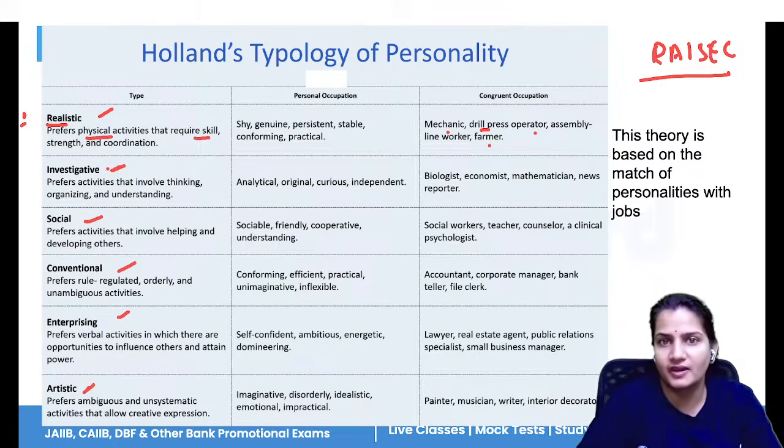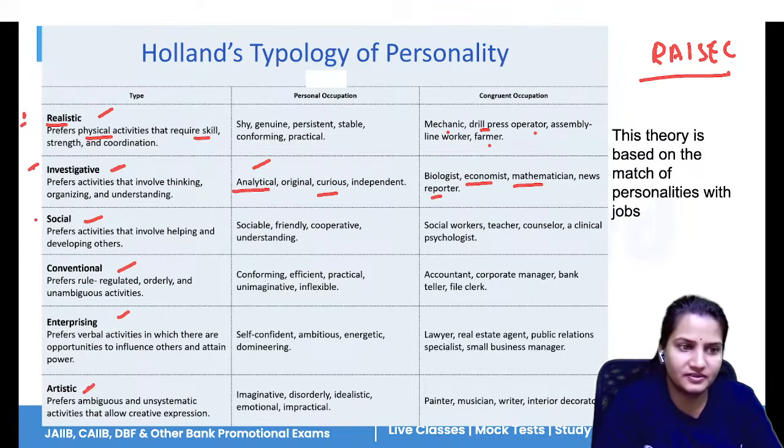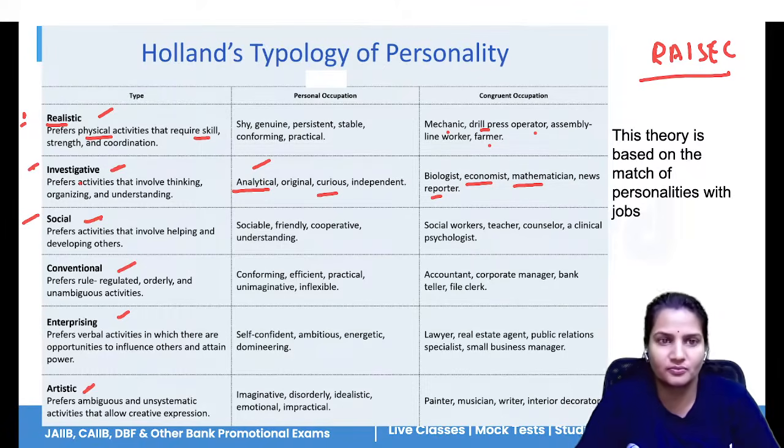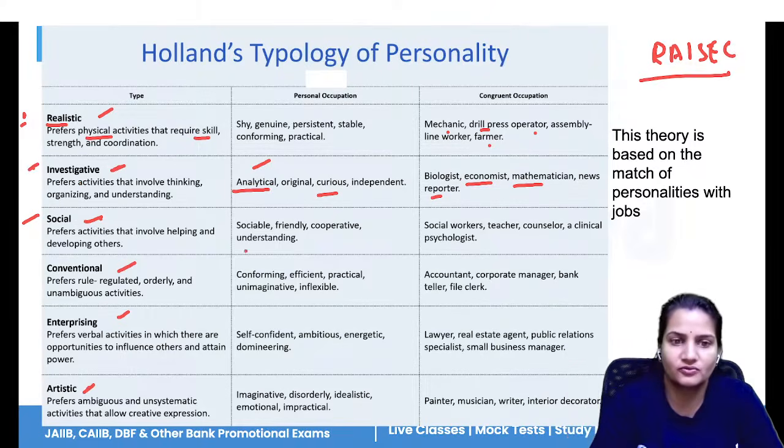If you are very anxious to find the solution of a problem, doing case-study sort of problems, finding patterns, then you are a very investigative sort of person. It means you have high analytical thinking, you are very curious, independent. So you can become an economist, mathematician, or reporter. Likewise, we have social, when you want to make connections, you always want to work in a group, you always want many people around you who work with you. You are sociable and friendly. In that case, you can become a social worker, teacher, or psychologist.